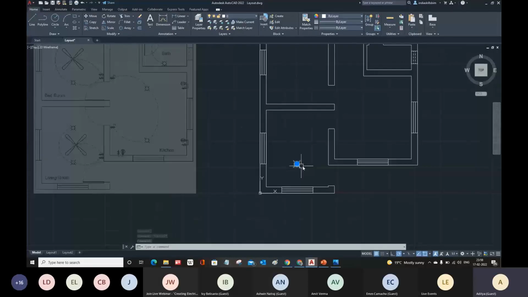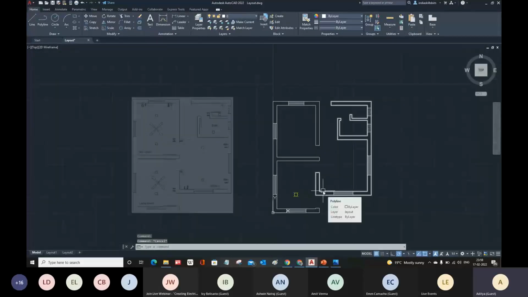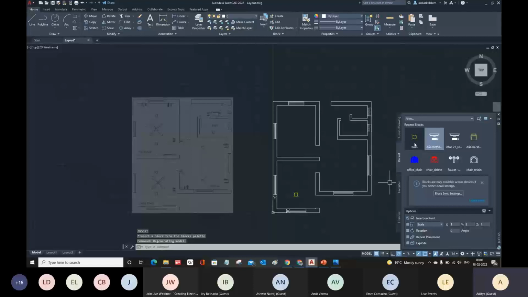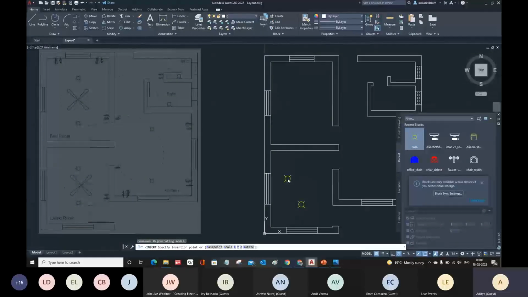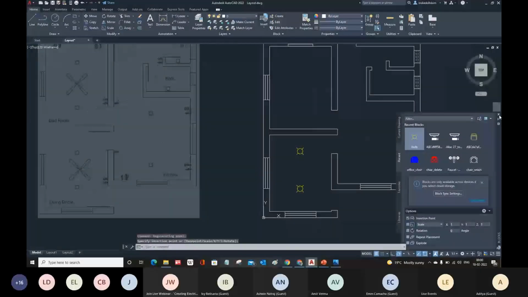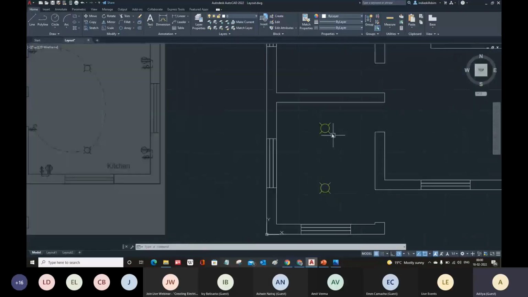And if you want to insert this block, we can simply use the insert command. I is a shortcut. Press I, enter. A dialog box will appear where you can find out. See, we have a bulb. Click on the bulb and then place it wherever you want. Let's say I want to place it somewhere here, aligned with this object. Then close it. See, there you go. Now if you want to make any changes, those changes will reflect to the other item.